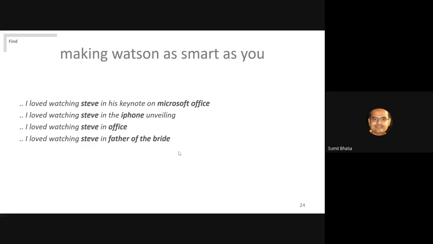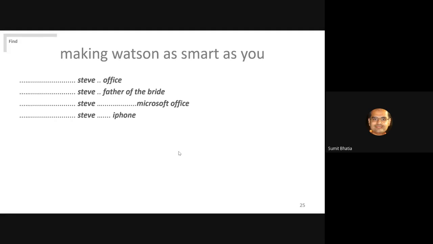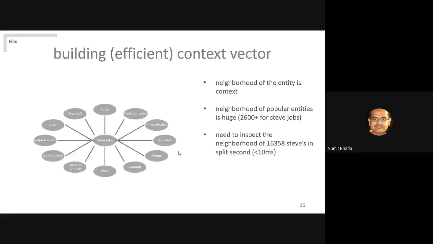So in your mind, you have all this information. When I say Steve, you think, oh, I know about 10 different Steves. Then when I give you additional information, let's say iPhone, you suddenly go, oh, Steve Jobs is the iPhone Steve, right? That's the key intuition for us. We want to utilize these signals and make Watson also utilize these signals to identify which person the user might be interested in. And to do that, we utilize the context information.